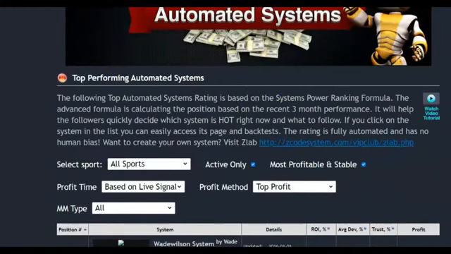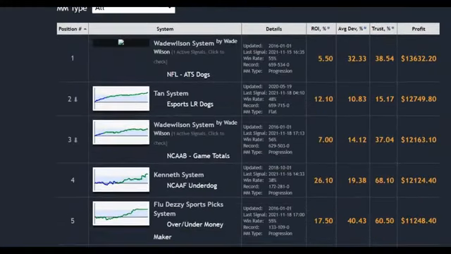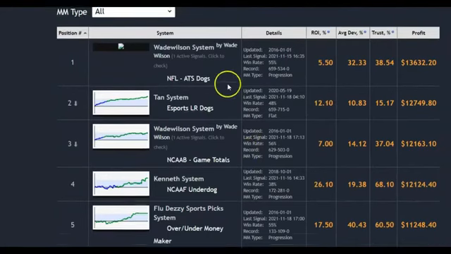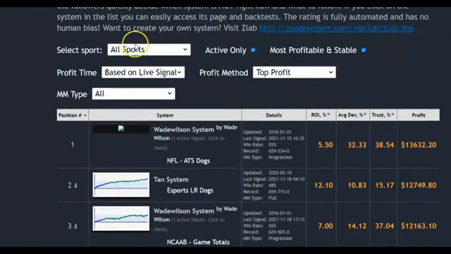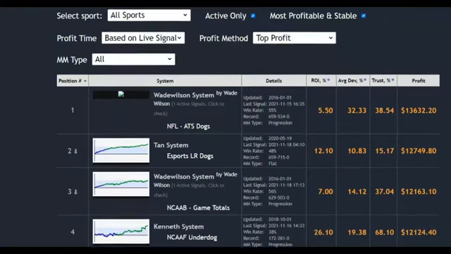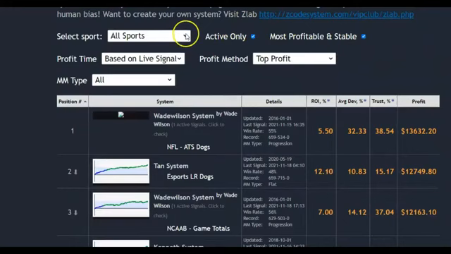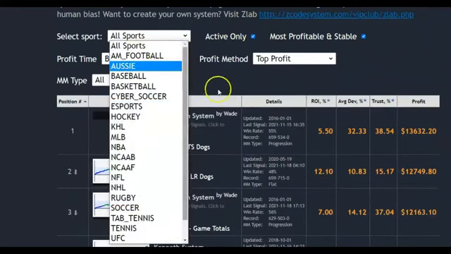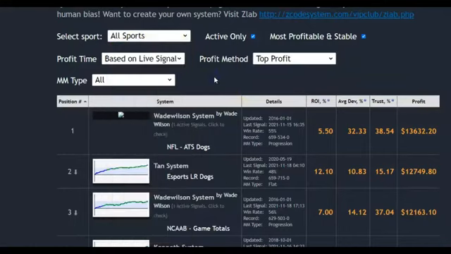So if you wanted an automated approach, basically you come in over here. You could pick by sport. If you wanted to see top profit, or top ROI, return on investment, you'll see. So if you wanted different sports, you could change out the sports and put in different sports. If you only wanted to focus on, let's say, football or basketball, or if you want to focus on all sports and just get the best profitable trends, then you would put all sports, top profit, and then this